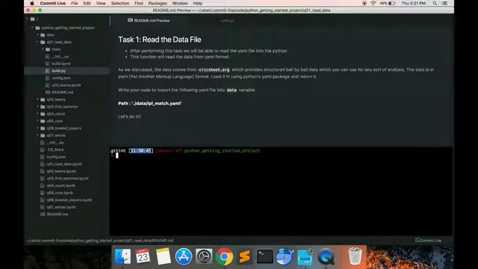But there is a catch here. After all, blindly coding without seeing the output of your solution won't be possible for everyone. So how can you see the output? I'm sure many of you will say, why not use a terminal? In comes the famous Python command. Make sure you add the project directory inside the terminal. In our case, it will be the Python Getting Started project. Type python q01_read_data/build.py and then hit enter.